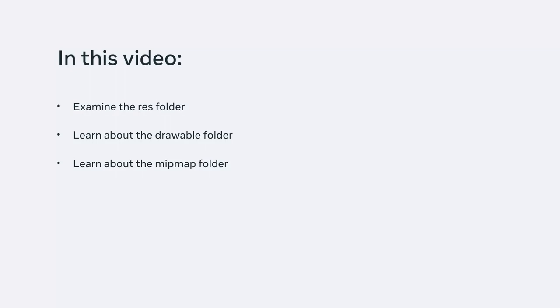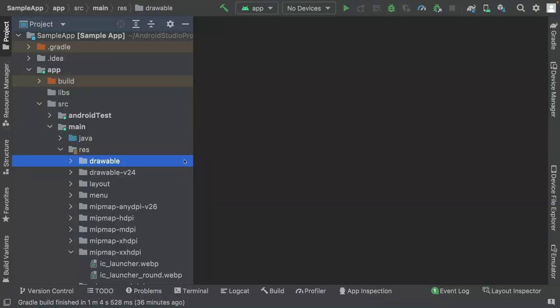While both the Drawable and Mipmap folders are used to store image assets for your app, Mipmap is an upgrade that Google introduced as an improvement to Drawable. So, I recommend that you use Mipmap for app development. There are a few Mipmap folders within the Res folder. Let's examine the first folder,